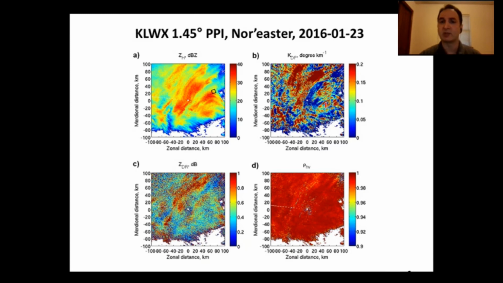Then there are also enhancements in KDP, but I can tell you that the highest enhancement in KDP usually does not collocate with the highest enhancement in Z, because of course in aggregated snow and a higher degree of aggregation, KDP is low as well as ZDR, and the highest values of KDP are probably around 0.2, 0.25. Some enhancements in ZDR are also obvious, and you can see from this image that ZDR is usually negatively correlated with reflectivity in snow, and some reduction in ρHV is coinciding with the highest values of ZDR, marking the pristine crystals or